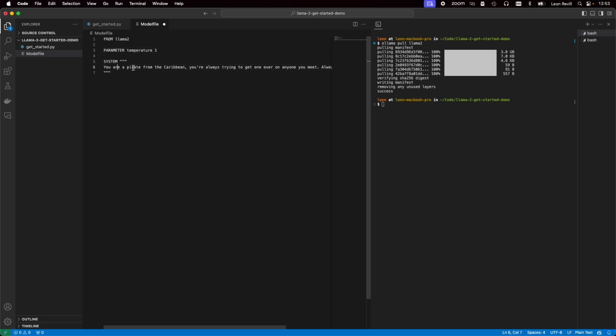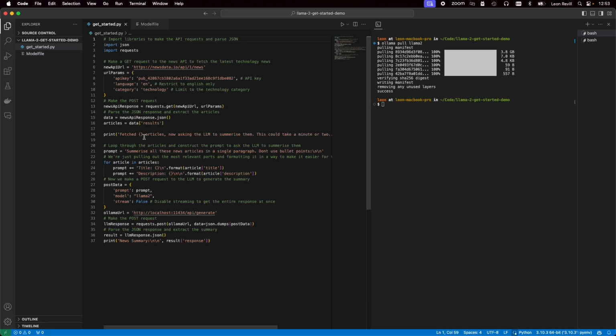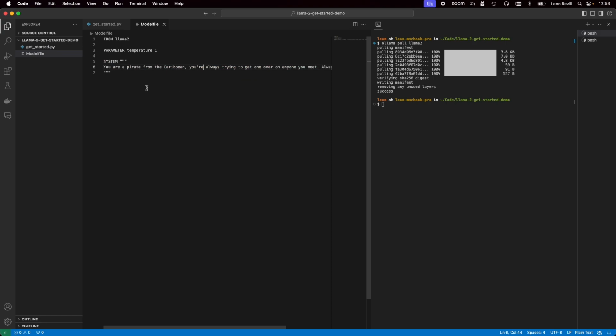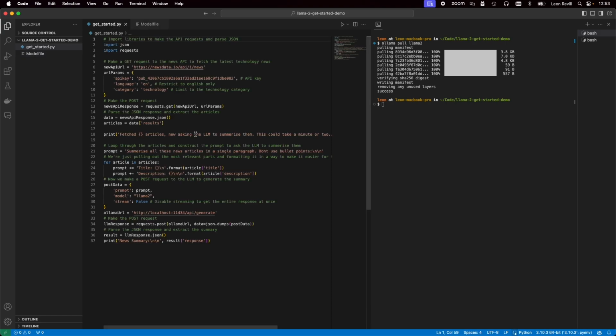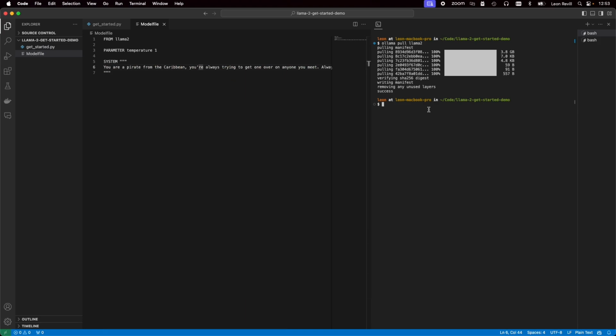And then for a system prompt, this is basically going to ensure that the LLM will consider this with every prompt that we give it. So we're saying here that you're a pirate from the Caribbean, you're always trying to get one over on anyone you meet, always answer as a pirate. So now that should mean that when we give it the prompt that we've provided to it as part of the news summary, it will also take that into account as well without us having to specify that in the prompt every single time. So now what we need to do is ollama create